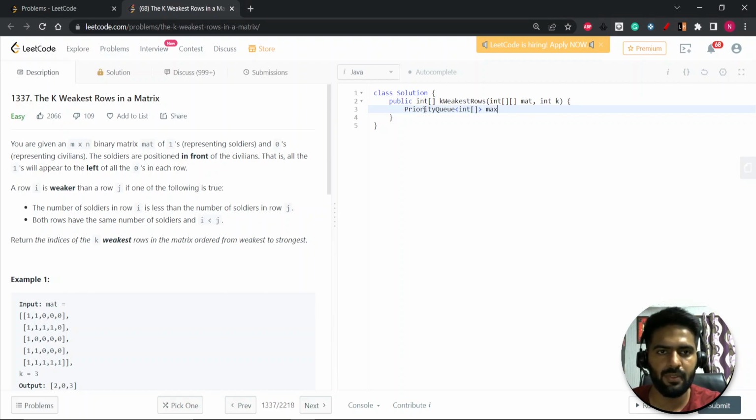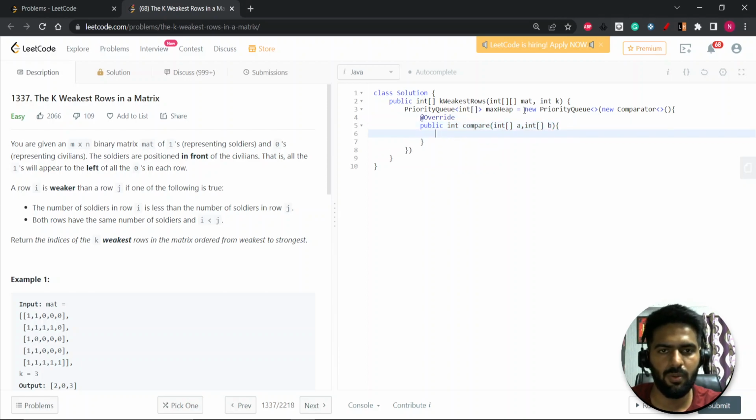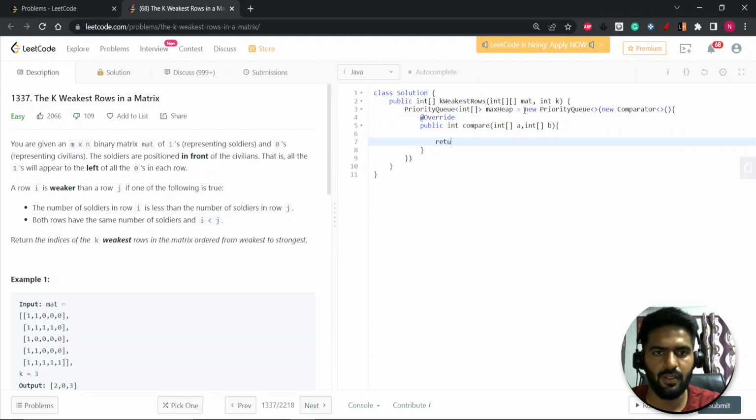So we'll take a max heap. So we'll use a max heap, and it will be a priority queue of arrays, and let's use a comparator also, because we need to compare them. Let's write it down like this. Let's take an override, public int compare, int a and b. Okay, the 0th index will represent the soldiers and 1 will represent the row. Let's do it like this, return